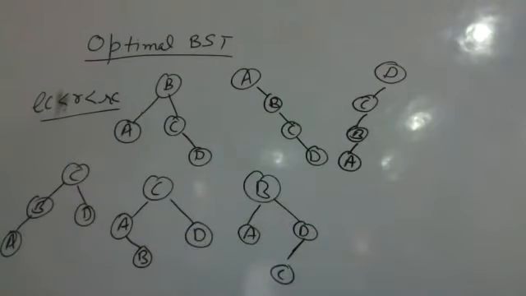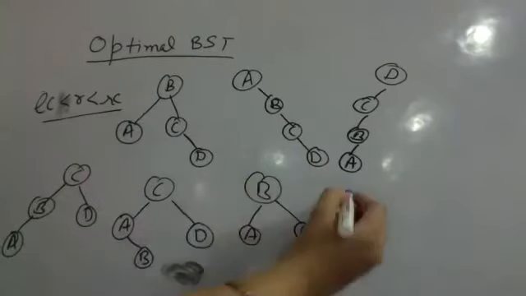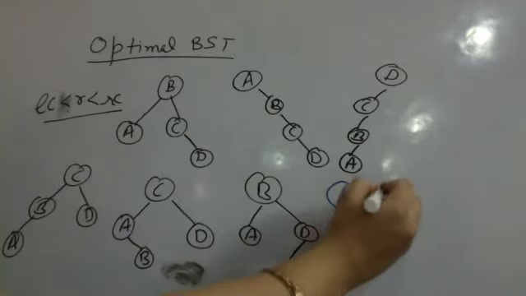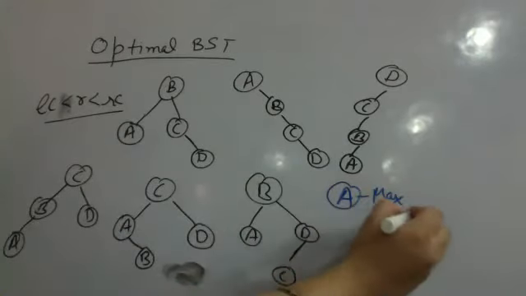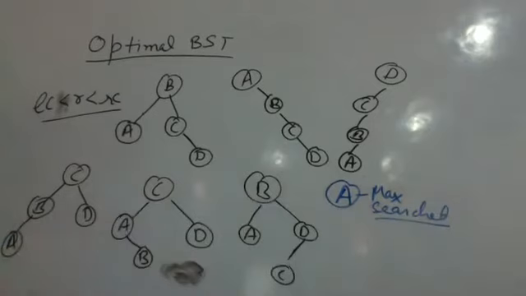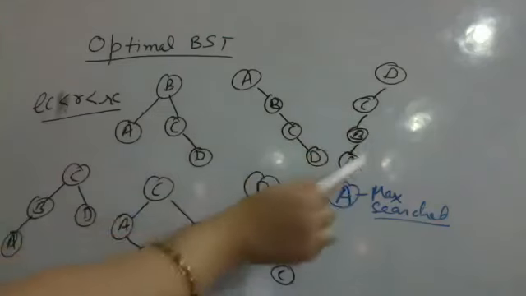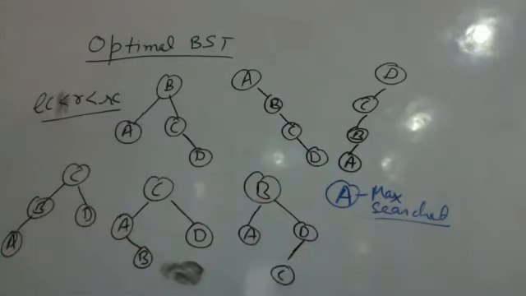Now, when a binary search tree has such a structure for the same keys, supposedly A is a key which is searched most out of the four keys. By some experience we have the knowledge that A is the maximum searched key. In this case, if I am following this D, C, B, A tree, then I will be finding A at level 4, and I will be finding A at level n.